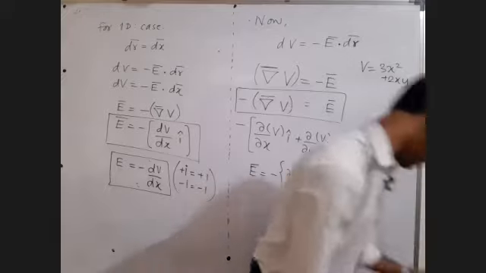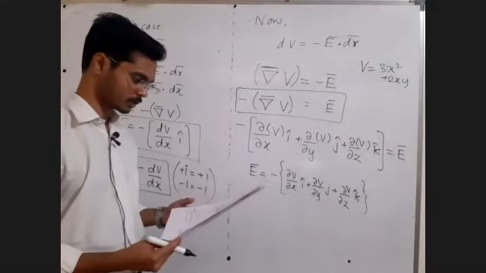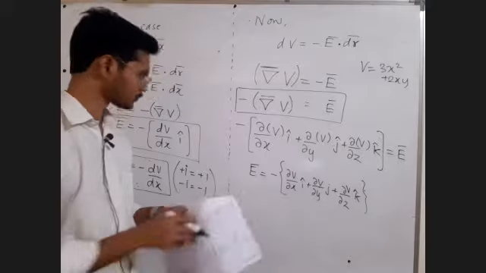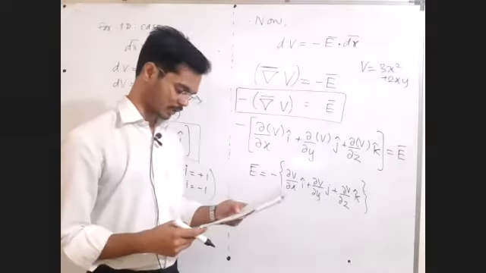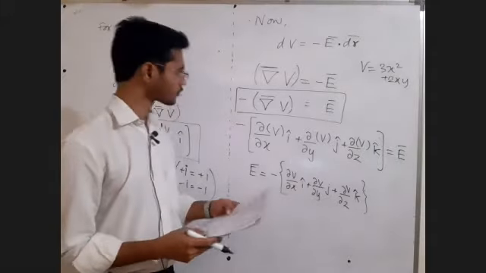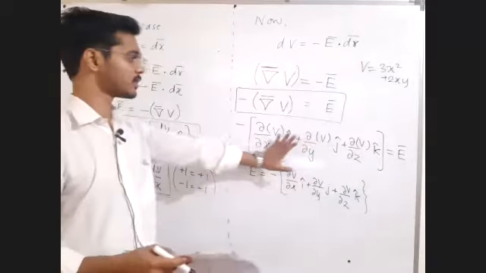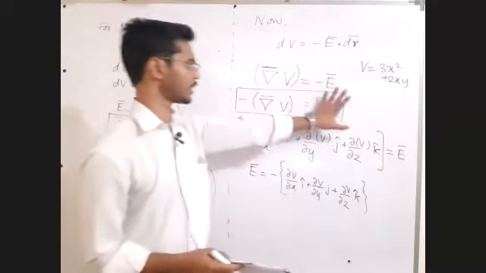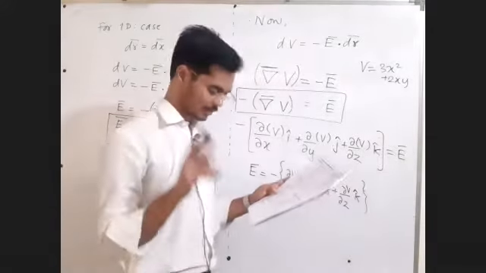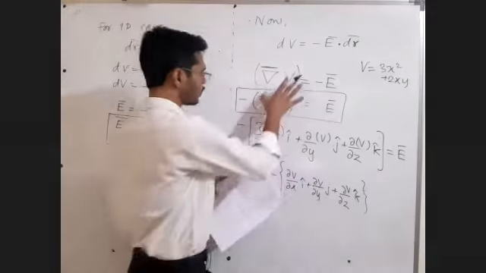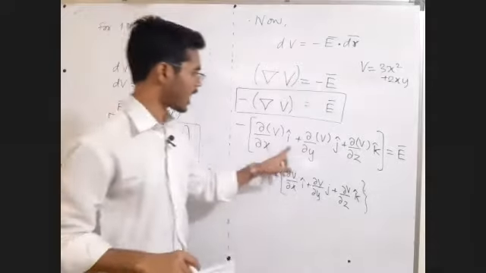I wrote bar there just to indicate that it's a vector operation. Why did I write bar here? Just to indicate that on the left hand side I have a vector, and on the right hand side also I have a vector. If you do not write bar here and you write this step as i j k, that is also okay. We are just making sure that on the left hand side we have a vector, and on the right hand side we are having a vector. Okay, they have not written bar in the book. We will also not write that bar, but in that case i j k should still be there.